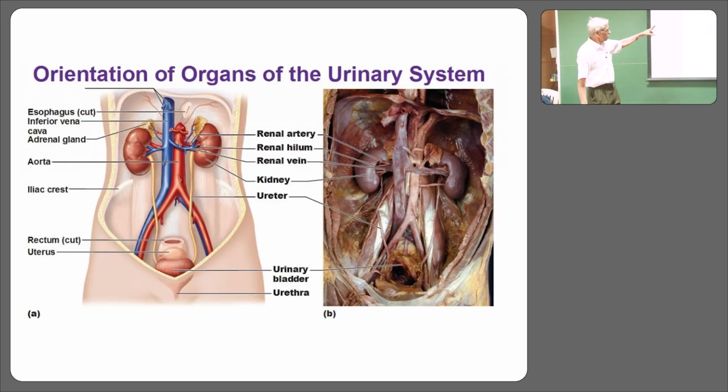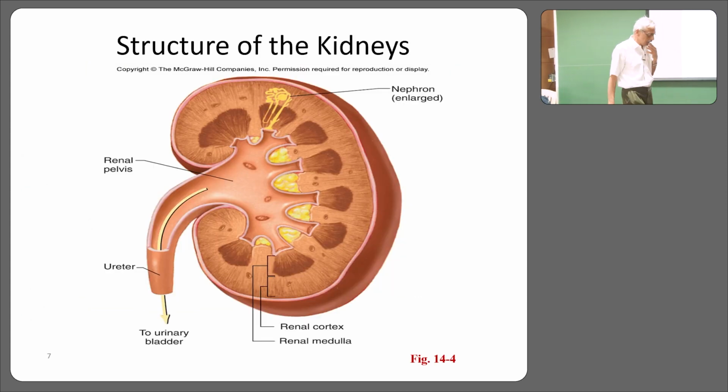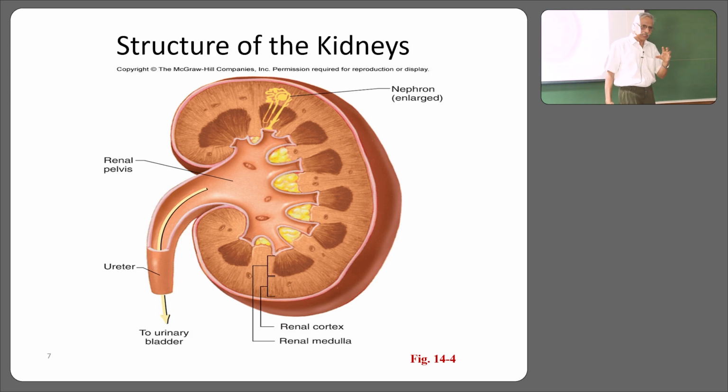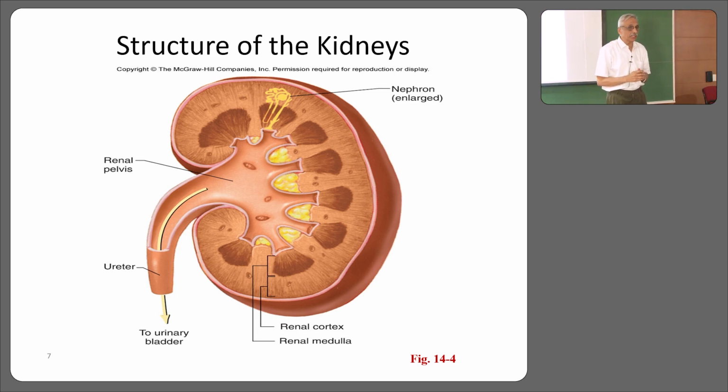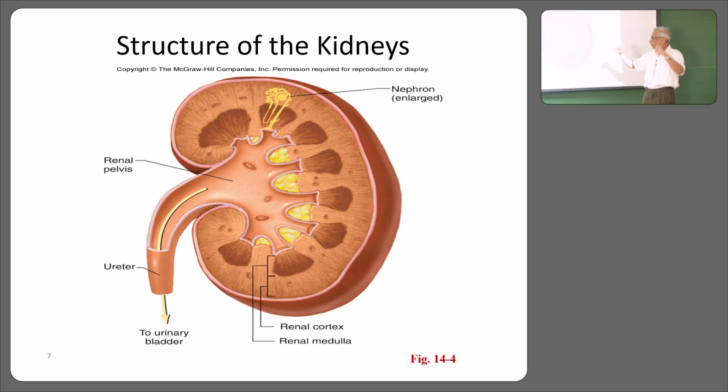This is the human model. You can see those things. That's the actual human cadaver. You can see the two kidneys, the ureters, and the urinary bladder there. What are we doing? We take a vertical section through the kidney. Are you with me? You can see the dorsal pole and the ventral pole, and the outer part which we call the cortex, and the inner part which is called the medulla, the outer medulla and the inner medulla. This is a huge space here, and the function of that space is to continuously receive the filtered product, which will be taken down via the ureter to the urinary bladder.